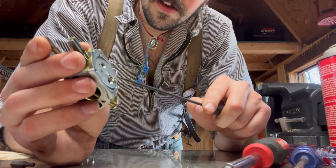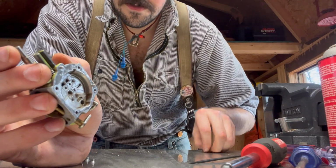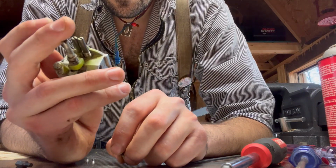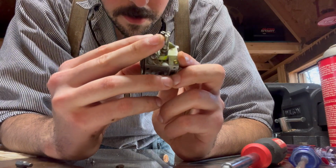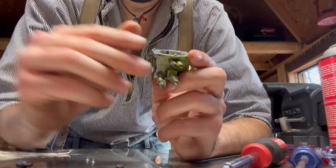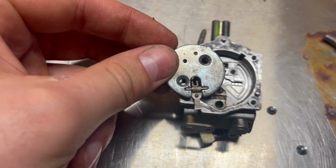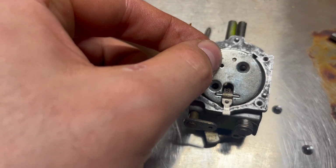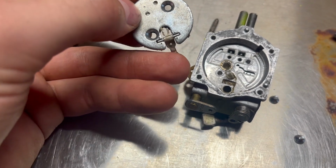Okay. Careful you don't lose anything. Aha. So there we get. Wow, that's dirty. Wow, okay. So I just removed this little cover, which you guys saw with the screws. Removed the cover from there. This little arm, this little rocker arm,